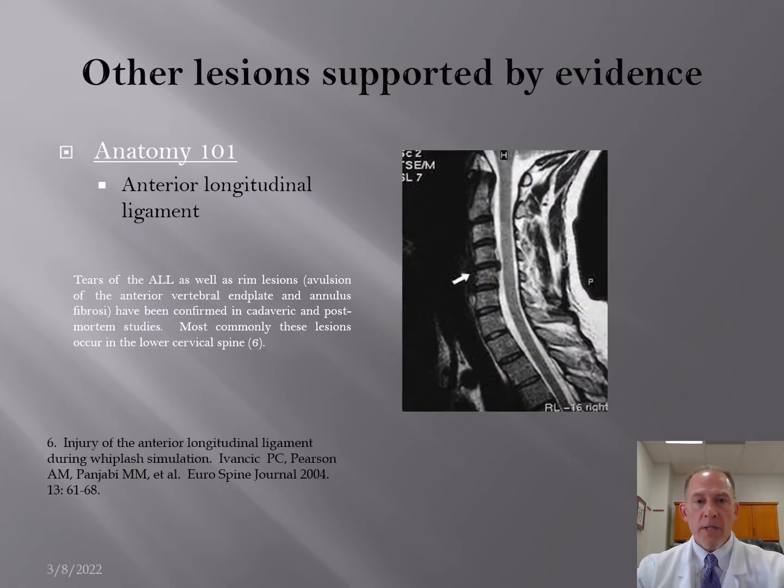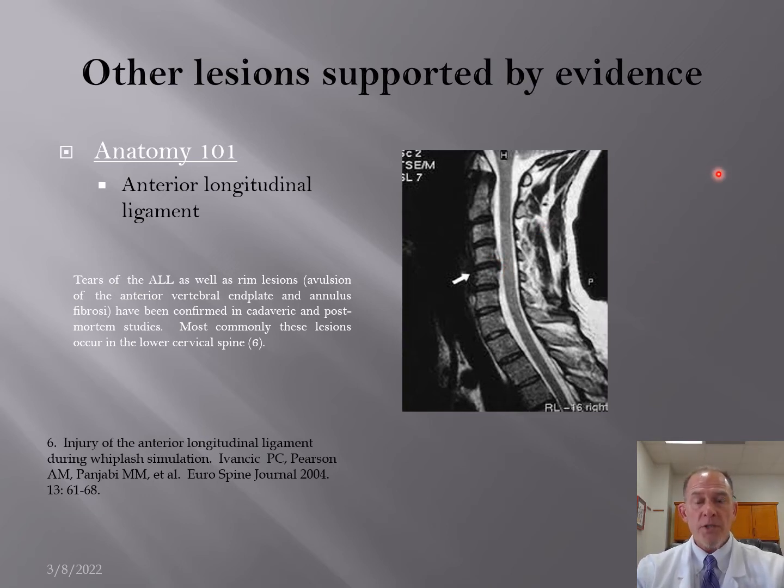So on previous slides, we illustrated that there are numerous injuries that occur to the facet capsular ligaments and other deep structures which do not show up on conventional plain film X-ray or even MRI. So here's an example of an obviously visible disc herniation at C4-5. This is number 2, 3, 4, 5. So this is a C4-5 disc herniation with ventral thecal sac impingement. That was on this person's report.